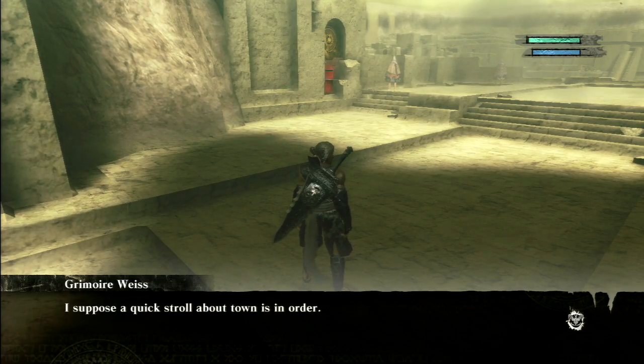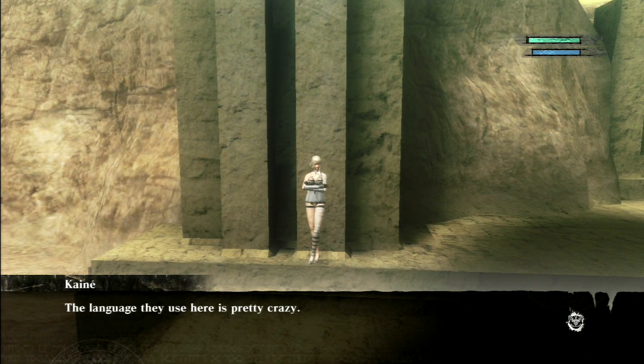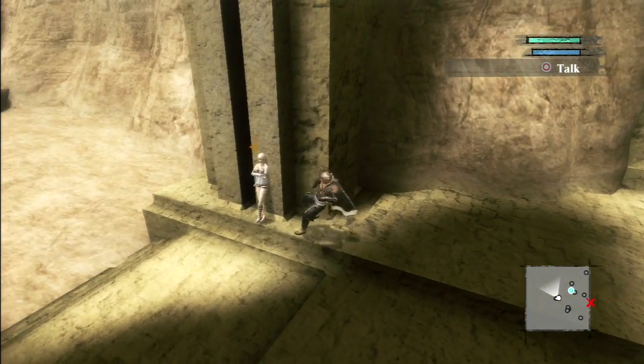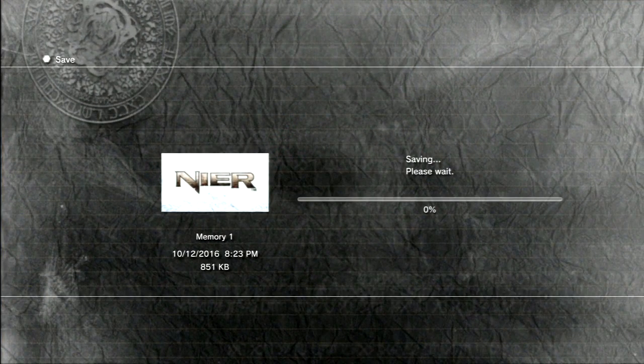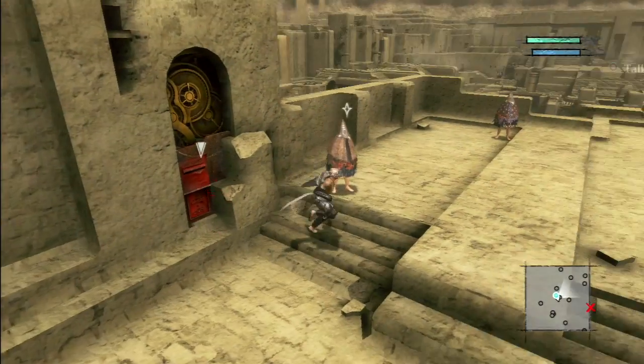I suppose a quick stroll about town is in order? The language they use here is pretty crazy. So good luck with that. As usual, she's choosing to stay outside. We'll go ahead and save here. Okay, so...